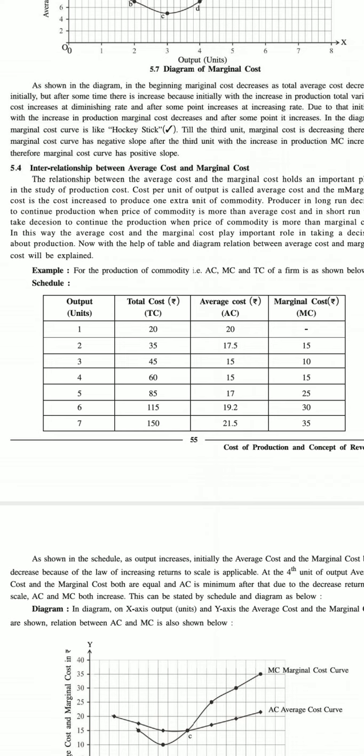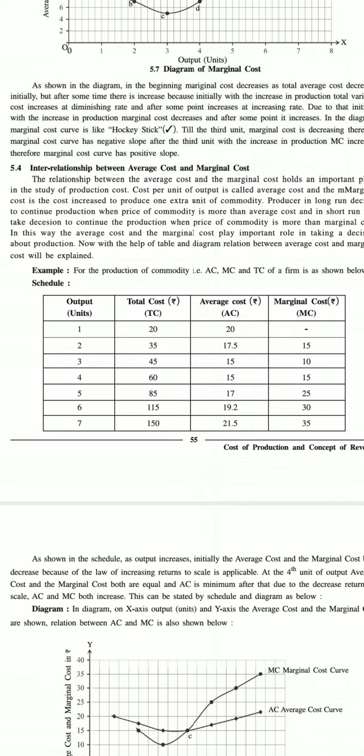The cost per unit of output, in other words, the cost that is involved in producing 1 unit of output, is called the average cost, and that can be obtained by dividing the total cost by the total production. Marginal cost, on the other hand, is the cost that is incurred while producing 1 or an additional unit of output. So that change in the cost that comes while producing 1 additional unit of output is called marginal cost.